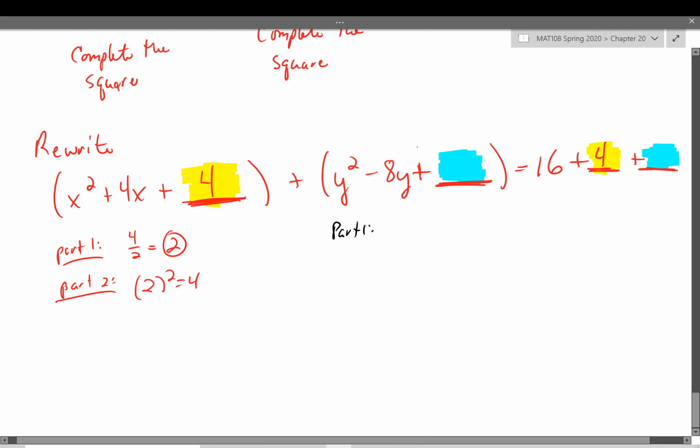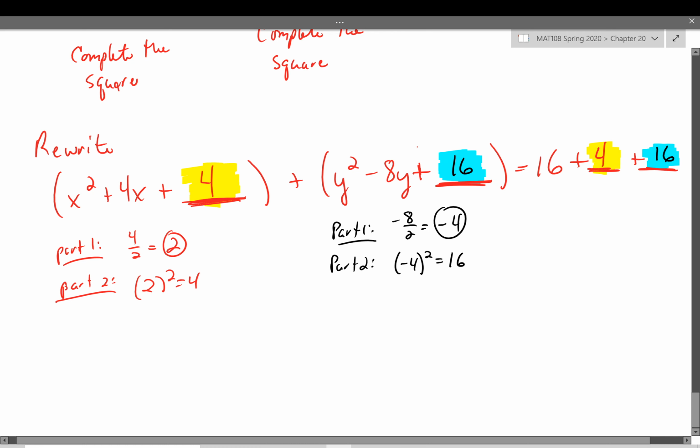Part 1, we're going to take the b coefficient divided by 2. That's going to be negative 4. We put a circle around it. Part 2, we take that result, negative 4, and we square it. So that's going to be 16. So I'm going to add 16 to the left, which means I add 16 to the right. Okay? We all on the same page? So now,